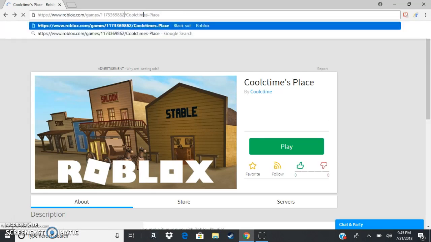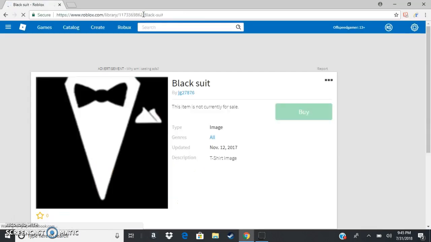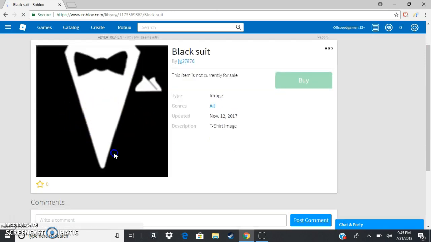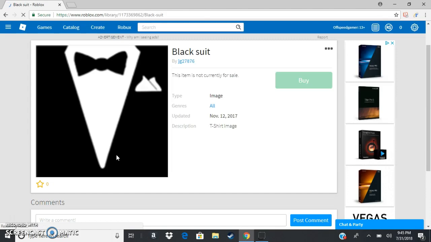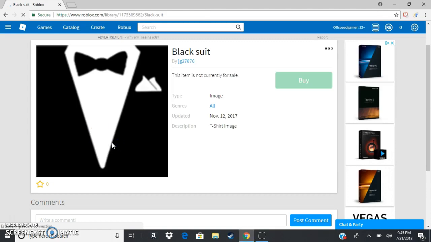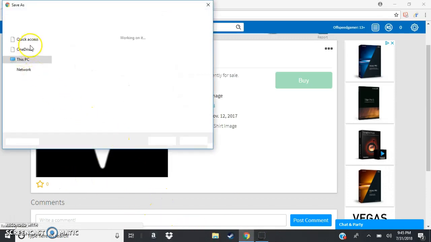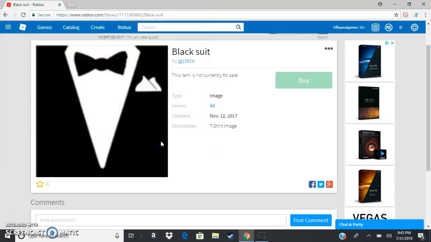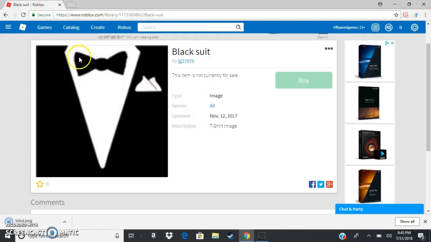So I think 2 is it. See, now you get this one. Just press copy, then save image as. Okay, so go on any of them, then type up whatever that you remember. Then go to